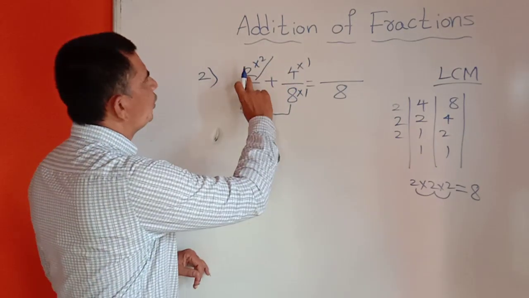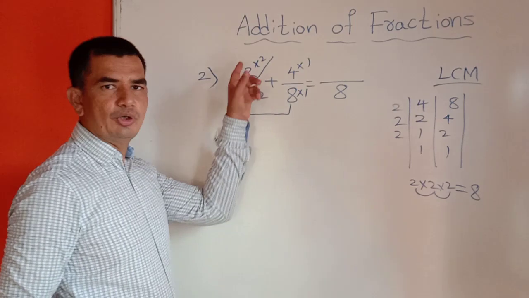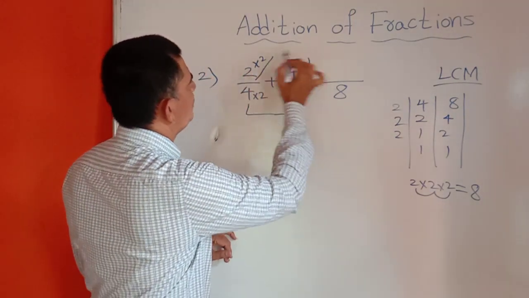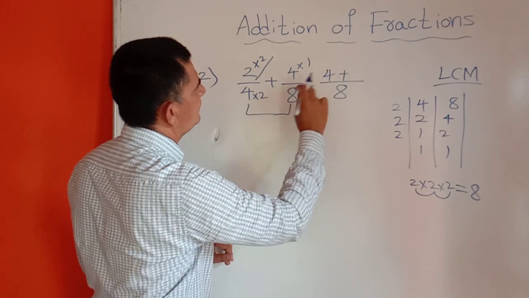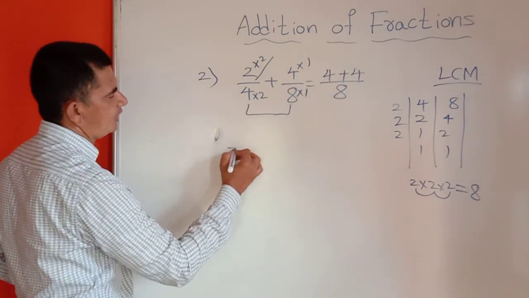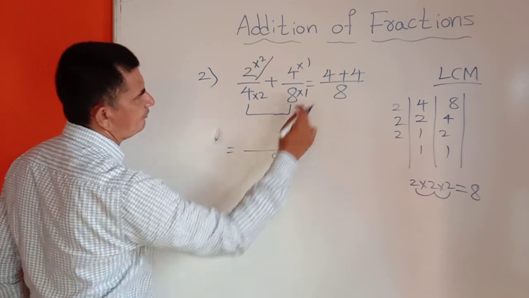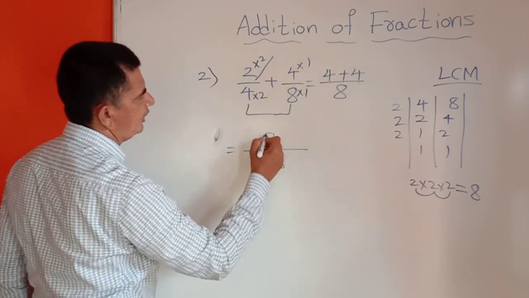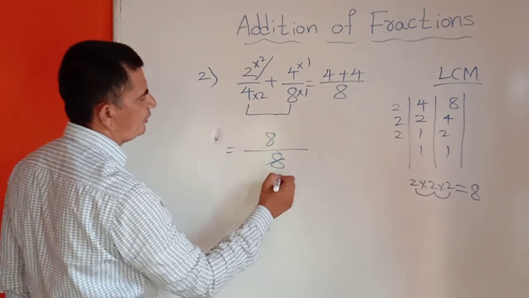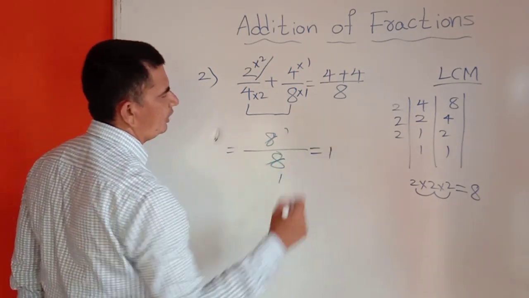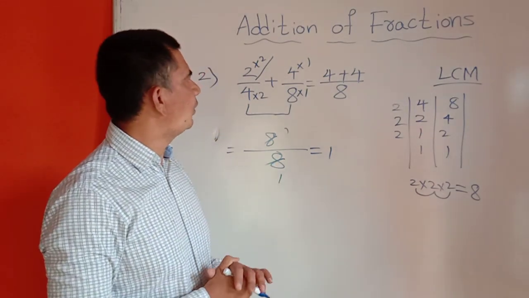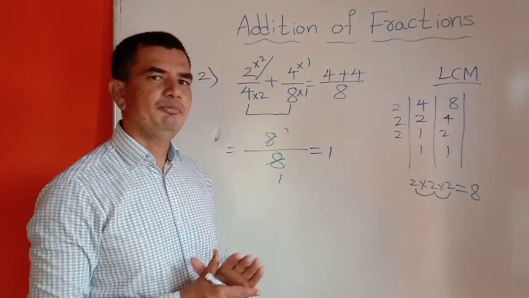Now next step is we have to multiply these numerators. Friends, 2 into that number which we got to make the LCM. So 2 2s are 4 plus 4 1s are 4. So students, you can see now write LCM 8. Here 4 plus 4, we got 8. Now it's simple, 8 by 8, 8 ones are 8, 8 ones are 8. We can write only 1 as the answer. Okay students, this is how to do when the denominators are changed.